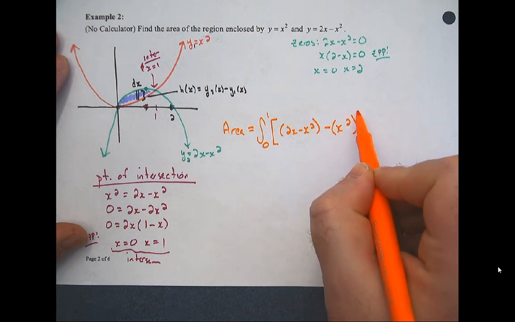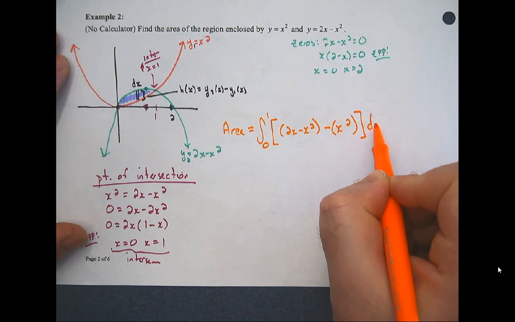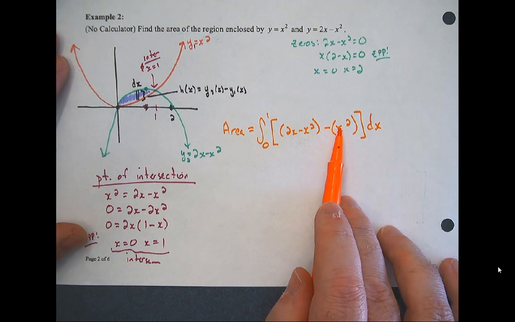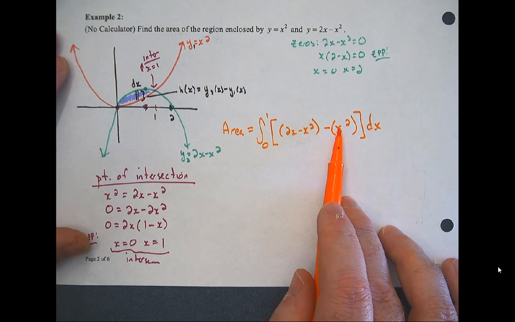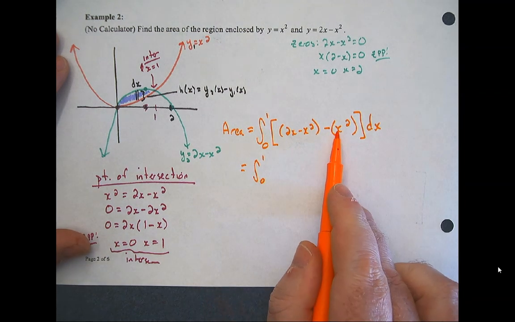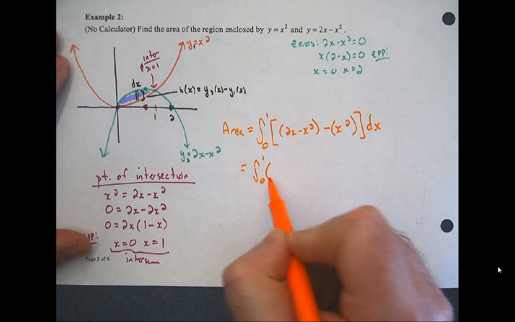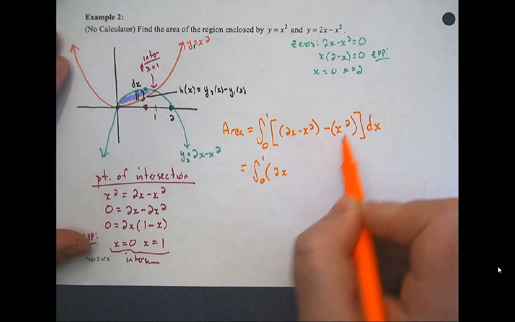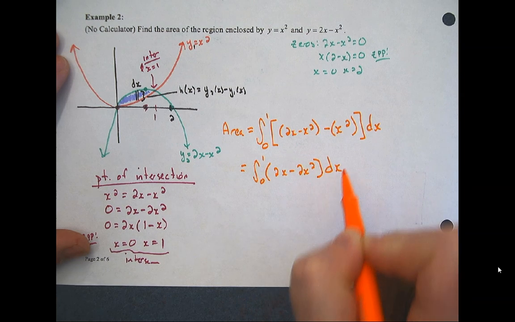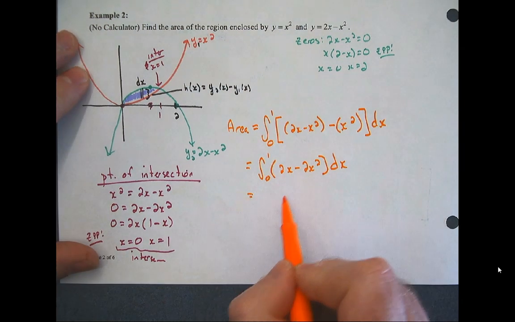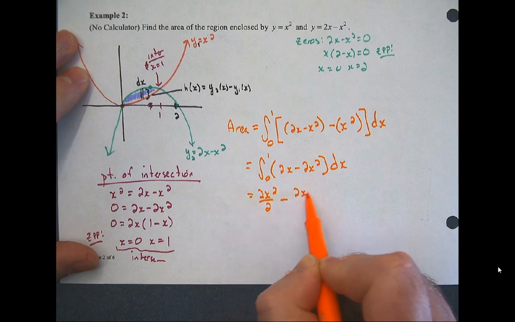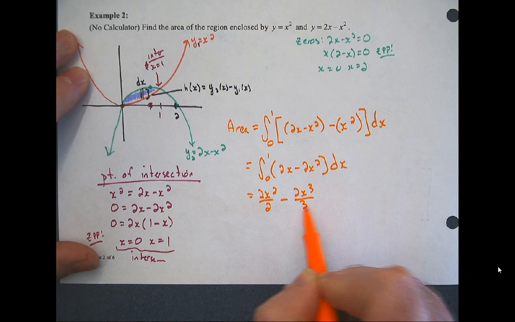Now, I like to write them there because it reminds me that I need to distribute this negative, but because this is only one term, I actually wouldn't need to distribute that negative at all. I mean, when I distribute it, it just becomes negative. I shouldn't say I don't need to distribute it. So that's 2x minus x squared minus 2x squared dx. Now let's integrate. So that would be 2x squared over 2 minus 2x cubed over 3